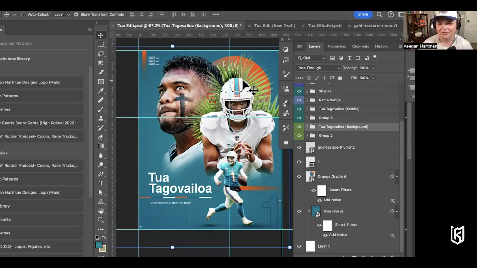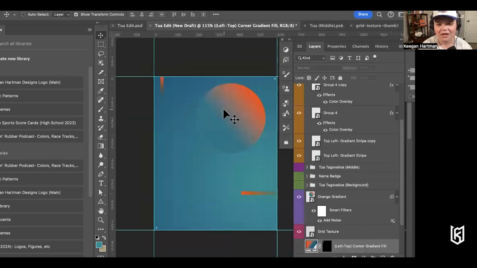I think of obviously Miami Vice colors, but second to that, I think of the Miami Dolphins colors with the teal and orange, very vibrant colors. And I wanted to emulate the sun the best I could, kind of complement the palm trees that I got set up there, which we'll get into in a moment. So enough of me talking about that. That is that gradient fill there. And then,